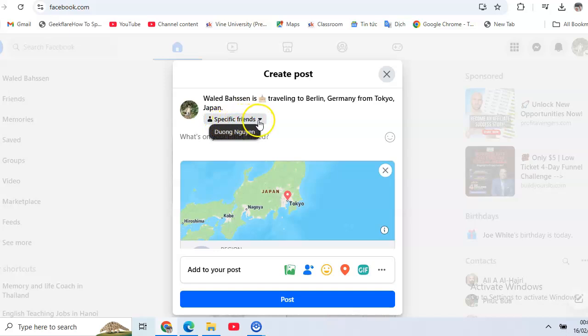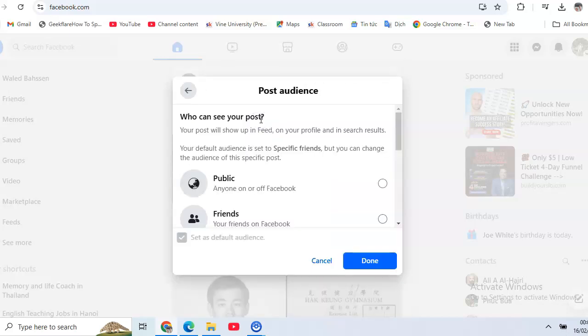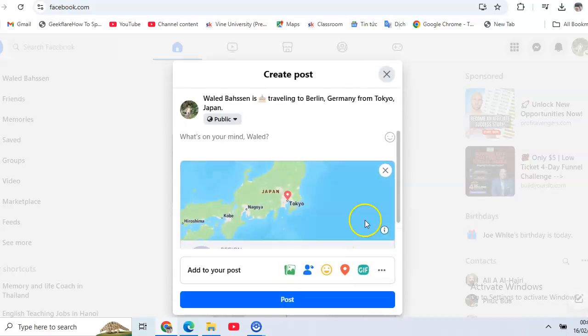specific friends, you can select if you want to have it public. It means anyone on or off Facebook can see it, or just select friends. Okay, for example, public. Just click on it and then click done. After that, click post. Yeah, this is what you need to do if you want to know how to share